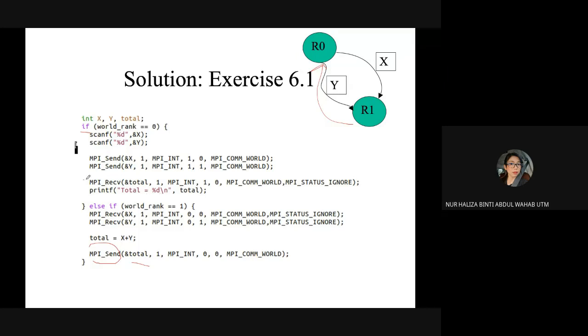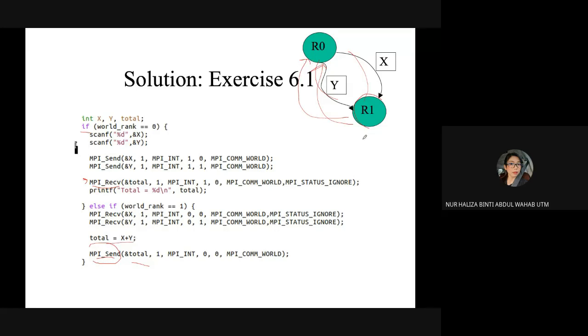So over here you can see you receive, you will send, you send, and then your processor will receive. After that, you're going to revert back the MPI send to the R0 as a total.